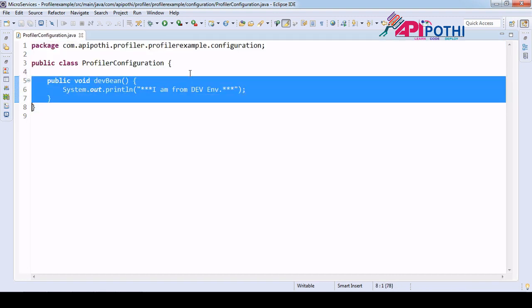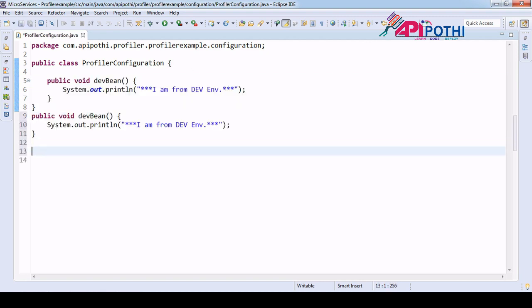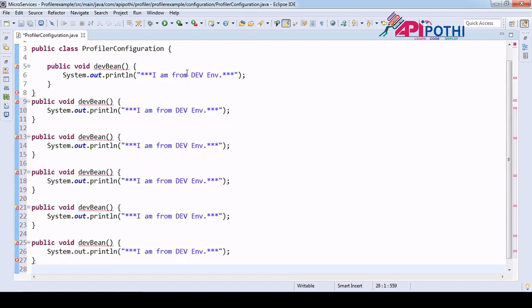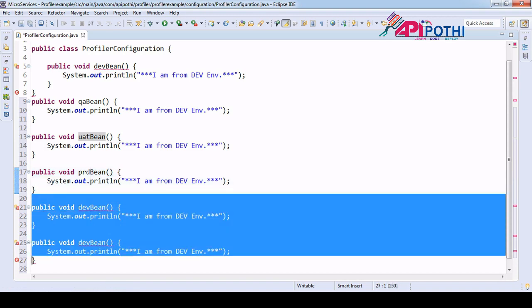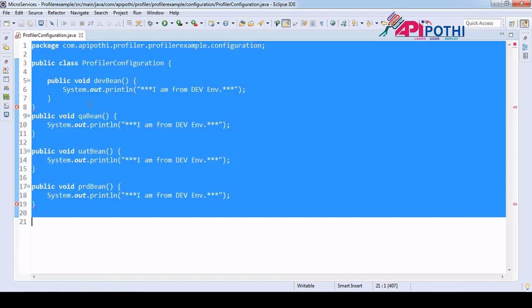Now copy this one. Okay, so this is dev, now this is QA, this is UAT, this is PRD. Okay, now I don't want this error.